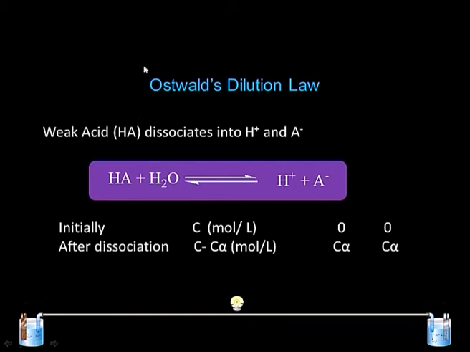One such theory is Ostwald dilution law. If I have a weak acid like acetic acid, or any carboxylic acid, it can form ions in the presence of water, but remember that they do not form ions when they are in the native state, in pure form. So, if you look at the concentration, assume it is C moles per liter. Initially there is no ion present. The moment they are allowed to reach equilibrium, some amount of ions is formed and the remaining is the undissociated acid or base.